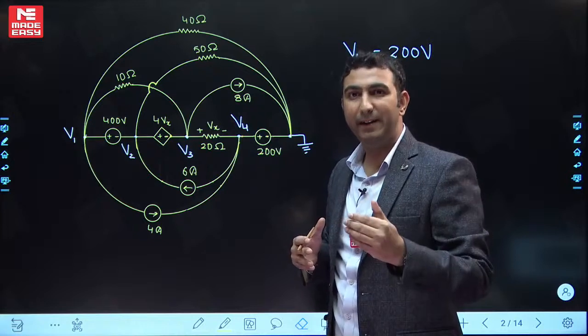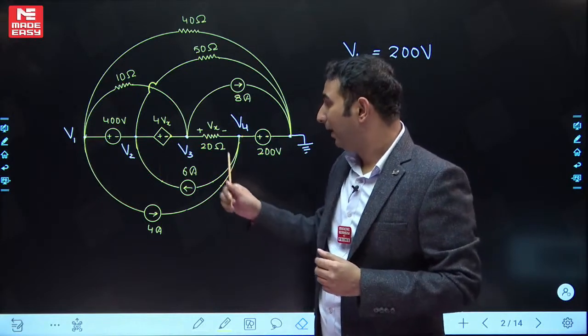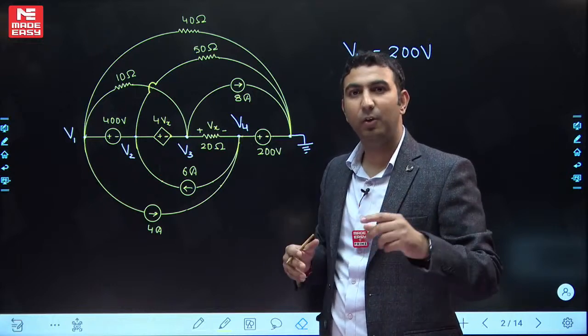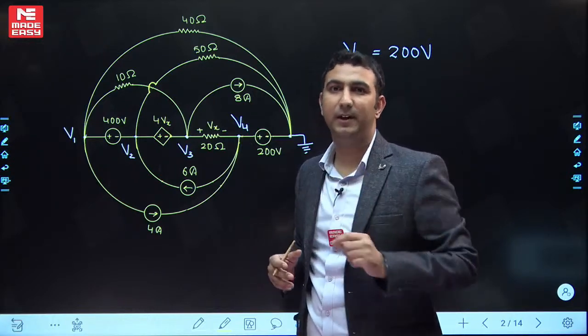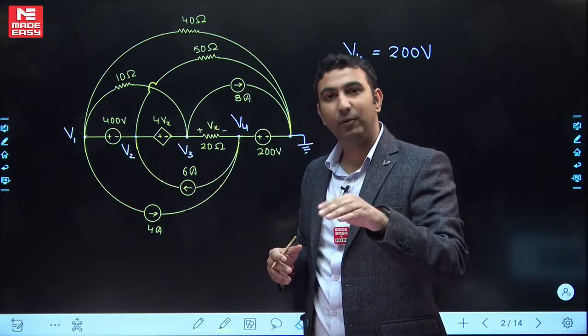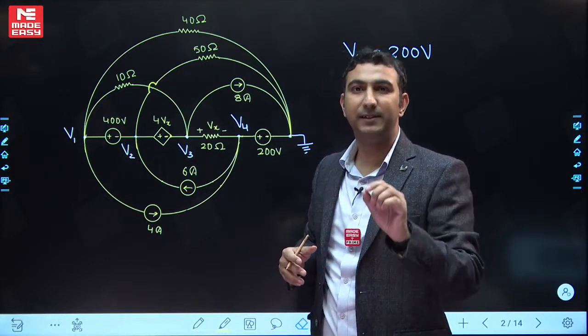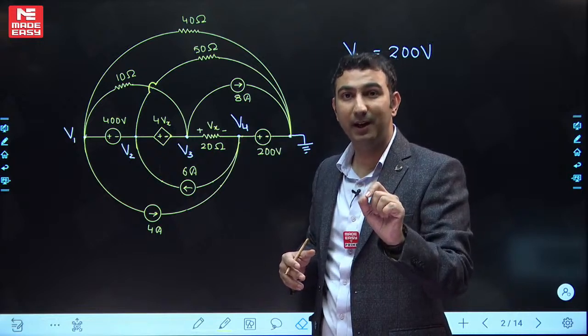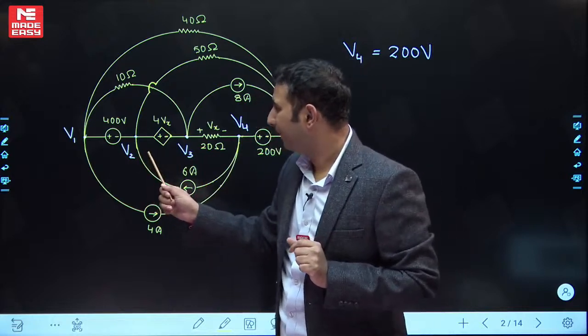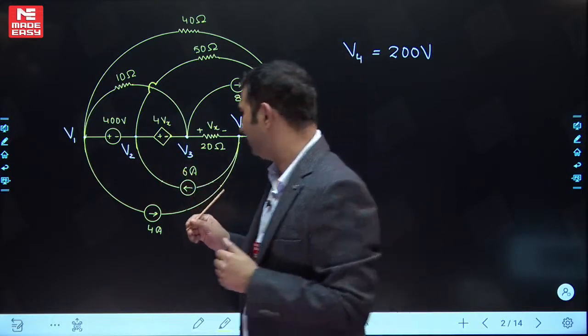Now we will be directly writing the equation that I told you. हम जितने भी nodes हैं super node के बीच में, हर node पे KCL equation लिखेंगे, और उन nodes के साथ जितनी branches connected हैं उन सब के लिए KCL equation लिखी जाएगी, सिर्फ उन branches को छोड़ दिया जाएगा जो super nodes के बीच में connected हैं. For example, if you see over here, let me start writing the equation, then I'll show you.